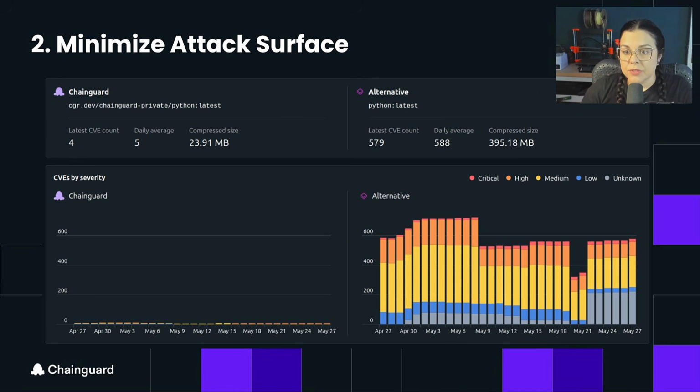Chainguard containers are very minimal. We build all packages from source, and that helps us keep the images always up to date and with all patches applied. So we are able to have, for instance, our Python image with a latest CVE count of 4 CVEs, against 579 for the default Python image you get from Docker Hub. So it's a significant